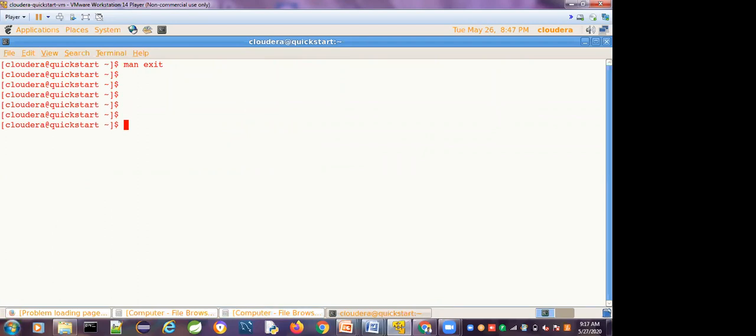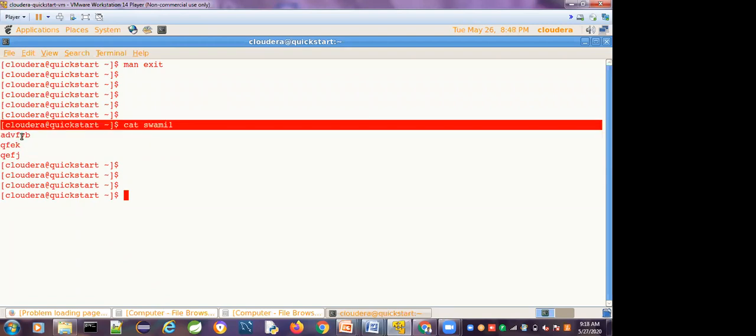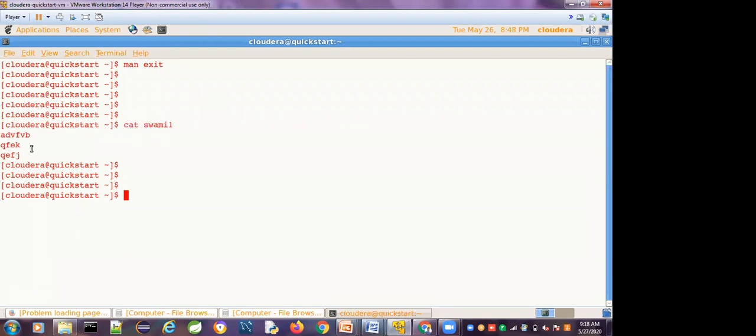Now we will discuss the word count command, the WC command. This is the data present in the Swami1 file. In this file, how many lines are present? 1, 2, 3. How many words are present?